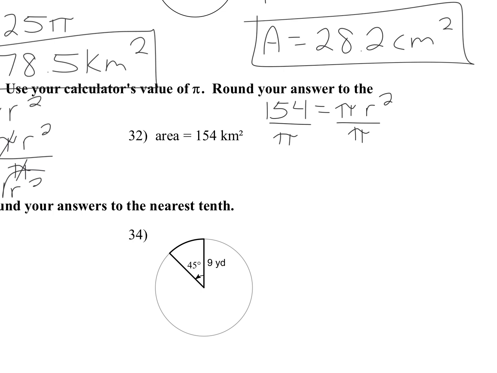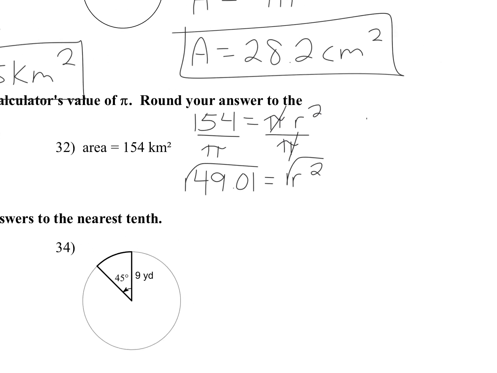What do you get when you divide by pi? 49.01. What's left on the right side? R squared. What's my last step to get rid of it? Square root. So what do we get for the radius? 7. Okay, I'll round to 7. What do we want to find though? Diameter. What do we need to do? Times by 2. So the diameter is 14